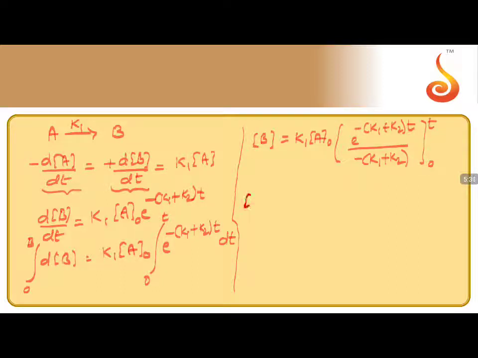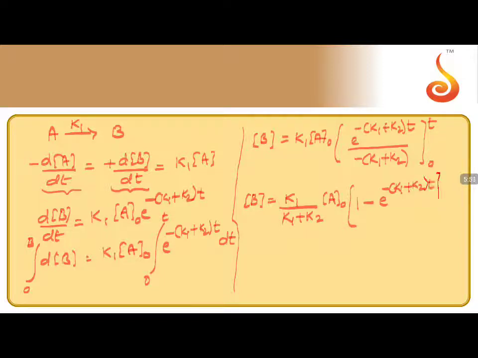Substituting the limits, we get B equals K1 by K1 plus K2 into A naught into 1 minus e power minus of K1 plus K2